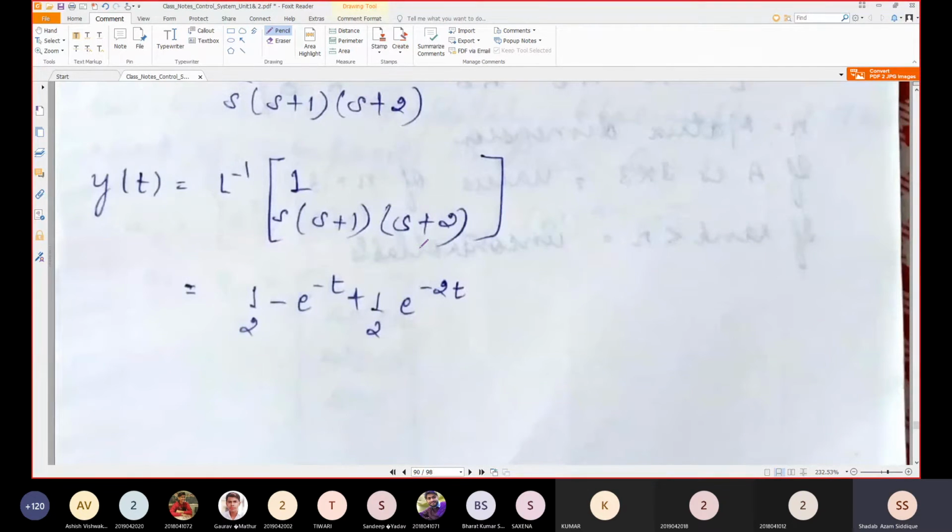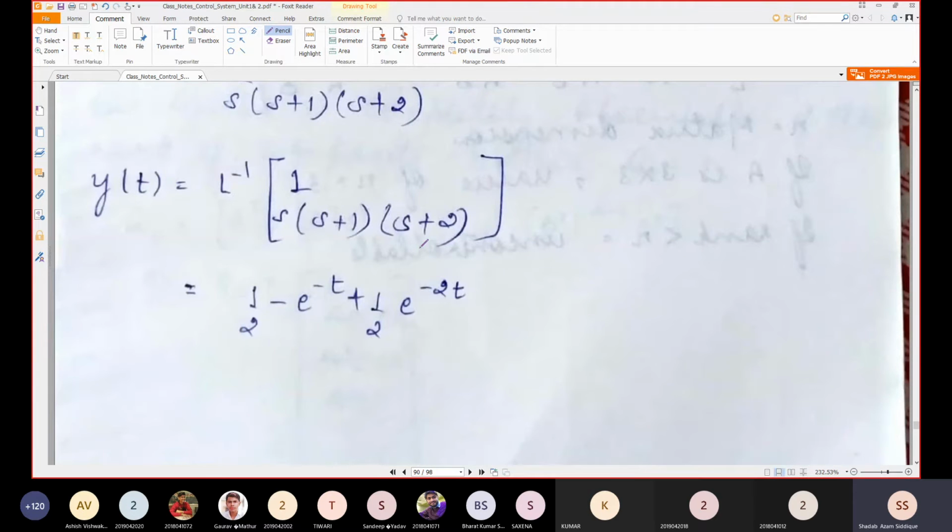Otherwise, I will move to another topic, which is called controllability and observability, or Kalman test. This is the last topic of your unit 2, and then I'll proceed with the first unit, with the rotational motion problem, or some mechanical equivalent system problem. A few students are not comfortable with that type of problem. So I'll try to take the assignment problem, and I will give you some brief idea about how you can solve it and how you can proceed with the problem.